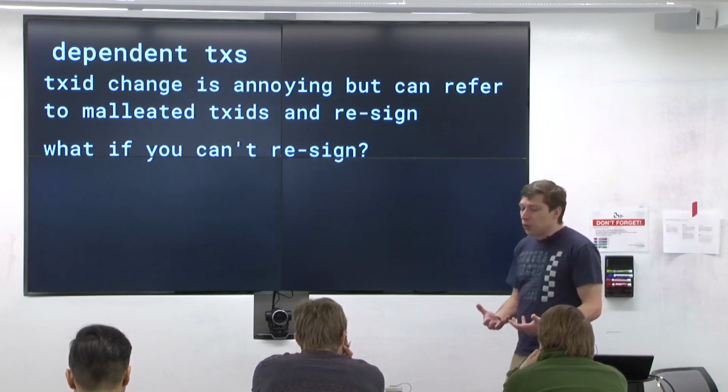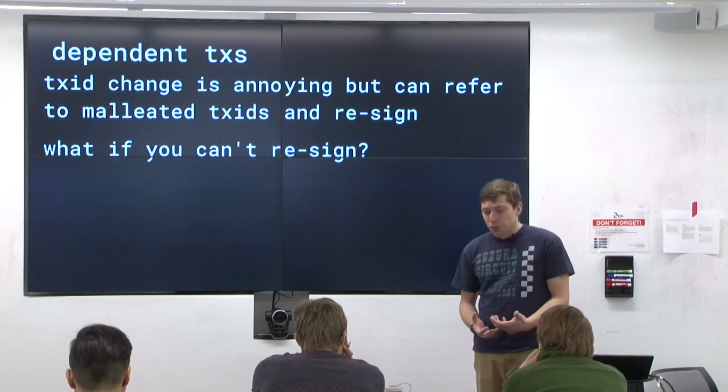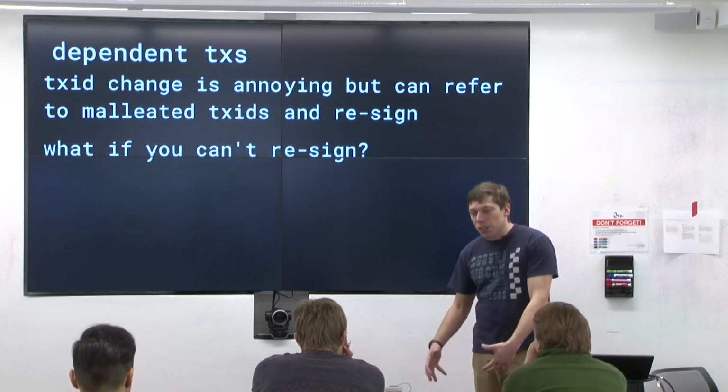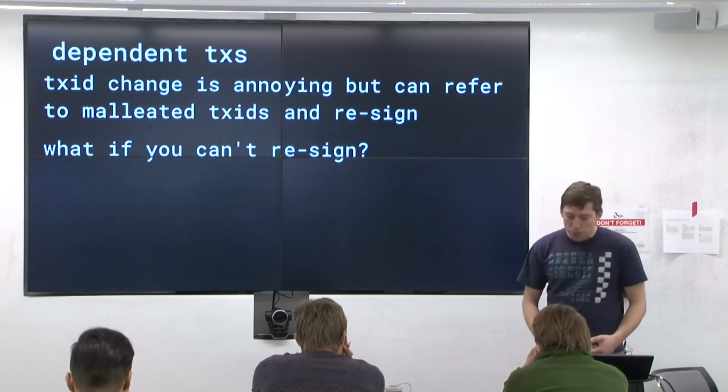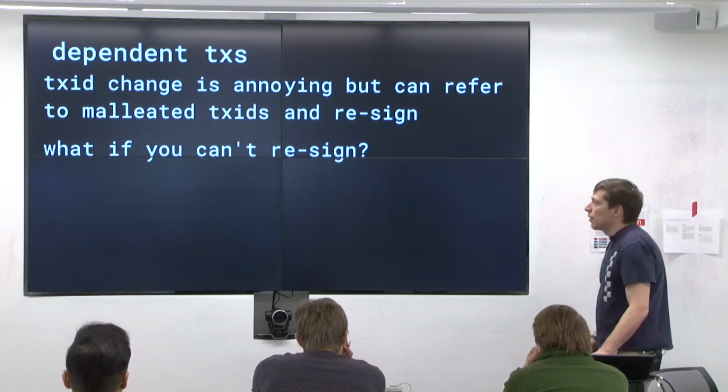If the money you are receiving sort of shifts around and changes its location, well, it's still yours. You just need to resign. But what if you can't resign? So